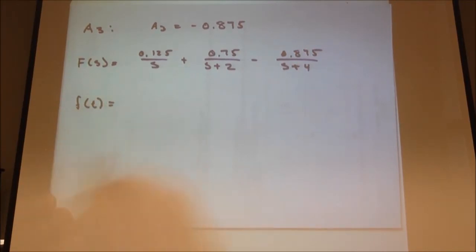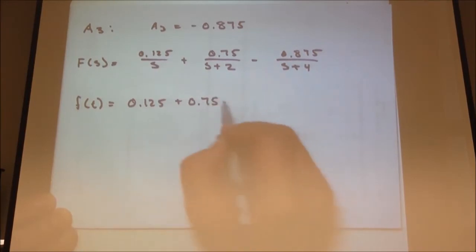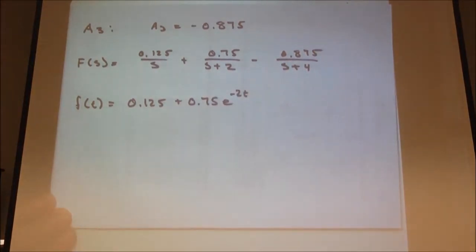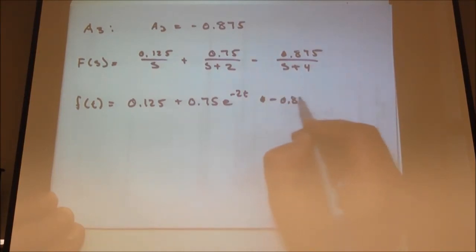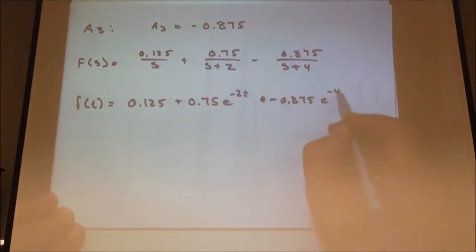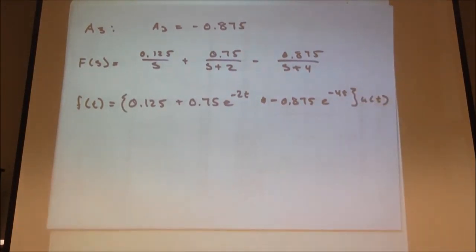F of t then equals 0.125 plus 0.75 e to the minus 2t, now just plugging in the coefficients that we had left as A1, A2, and A3 a minute ago, and a minus 0.875 e to the minus 4t. And again, this is all valid for time greater than 0, so we'll throw a step function there at the end. And that would be our perhaps voltage response or current response for this circuit